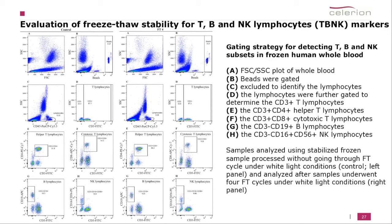Next, we are going to look into how freeze-thaw stability was established for TBNK markers at Celerion and the difficulties that were faced during this stability challenge. Lymphocyte immunophenotyping of T, B, and natural killer, which is your NK cells, helps in providing valuable information regarding a